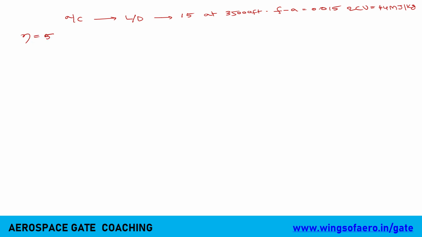Now, an application-based question. Let's say they have given a question about an aircraft. They have given some data: an aircraft flying with an L by D ratio of maybe 15, at some altitude, maybe 35,000 feet, flying at 30,000 feet. And when this aircraft is flying, the air to fuel ratio is 0.015, and the calorific value is around 44 megajoule per kg. Now they have given the overall efficiency of the aircraft, around 50%, and